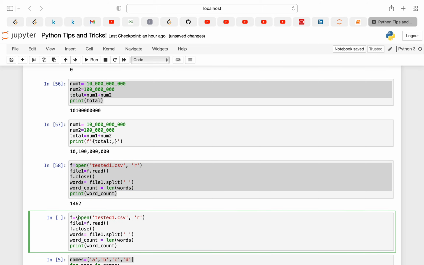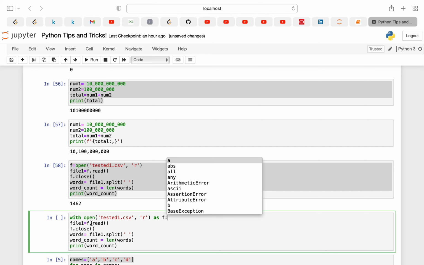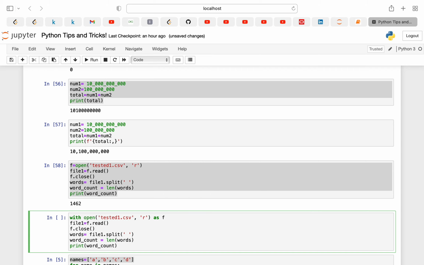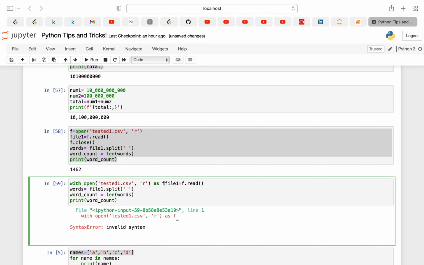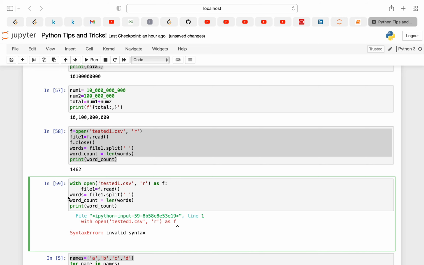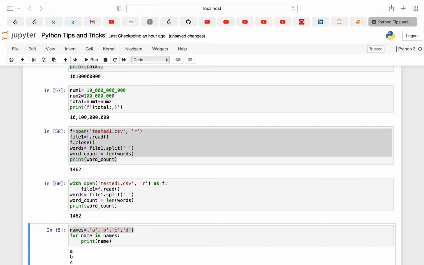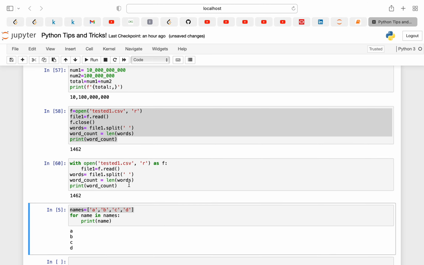Here I'll do with open, as f. This will also perform the same operation. Let me check. I think this should go here. As you can see, we are getting pretty much the same result.